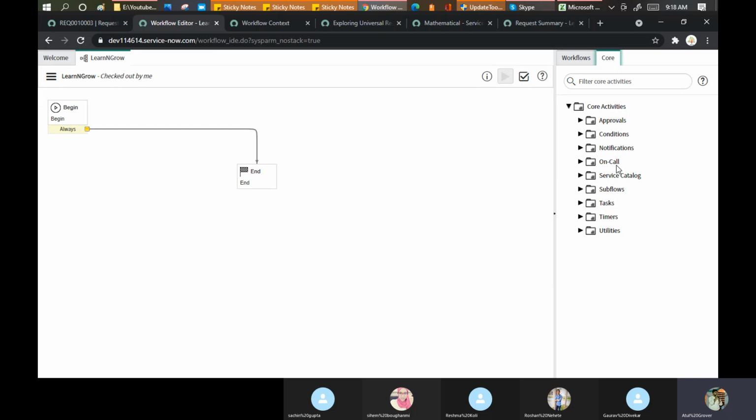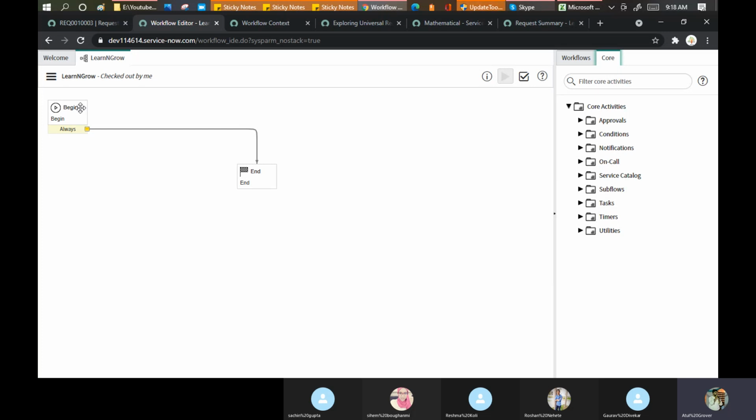Can you cook anything without a stove or without utensils? You cannot. That is the reason we are saying these are the core things for that particular workflow. Either you want to make a cup of tea, chicken, veg, non-veg, anything you want to cook which requires some heat, you cannot make it without the core things available: utensils and the gas stove.